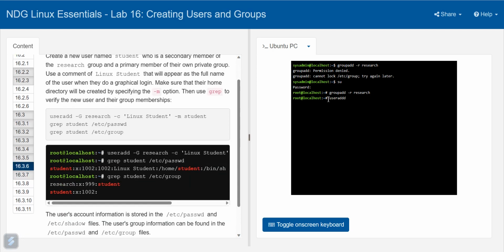I have to add this user in the research group with -c Linux as the student, and -m then student. So let's see. Okay, great. This command works. So now we have a student secondary group, and we are going to save the password in the